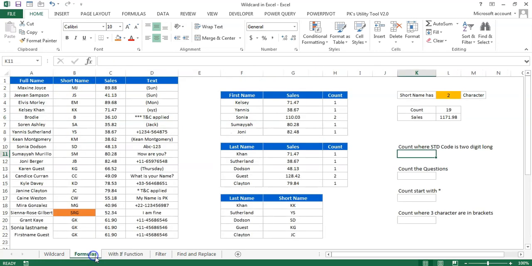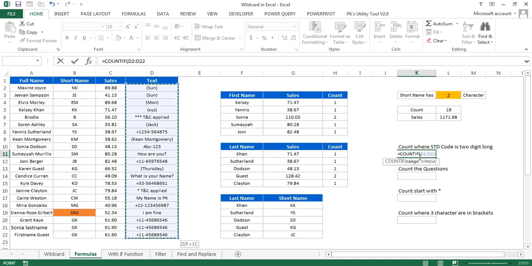Let me show you. Here we can use COUNTIF, and we can select this range. First let's put plus, since plus is coming everywhere. Then we will use 2 question marks because we don't know what will come here. It can be +11, it can be +22, it can be +33 or anything. And then after that we are using a dash. So just use the dash here, and it is starting with this tag. So I'll put this asterisk sign now and just close this.